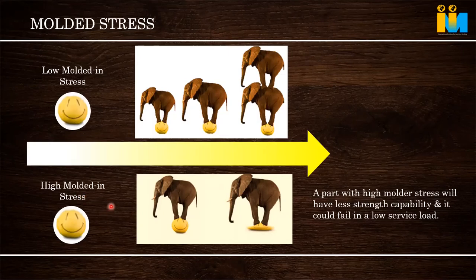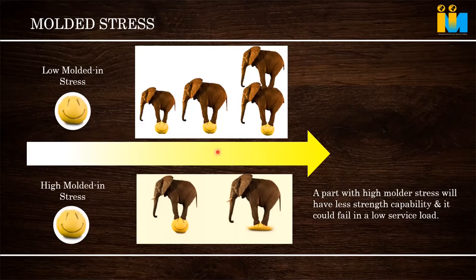The second one, in application, has higher molded stress. As I told you, mold temperature not proper, melt temperature not proper, higher pressure to fill: all these things result in higher stress in the molded part. Ejection not proper, non-uniform ejection, the part bends during ejection, so some pressure is accumulated inside the part. What happens? With the small elephant, no problem, because it is a small load. But with an extensive load, even the next bigger one itself, it fractures, it cracks. So see, the same part, one molded properly with low molded stress, one with higher; they look the same, but in service one miserably fails, and with time it can fail.